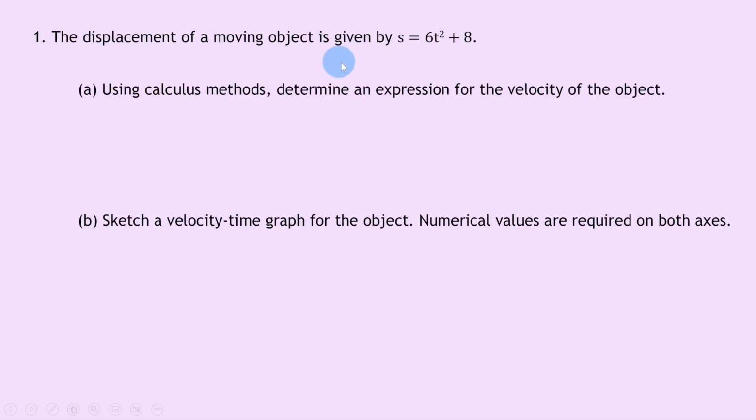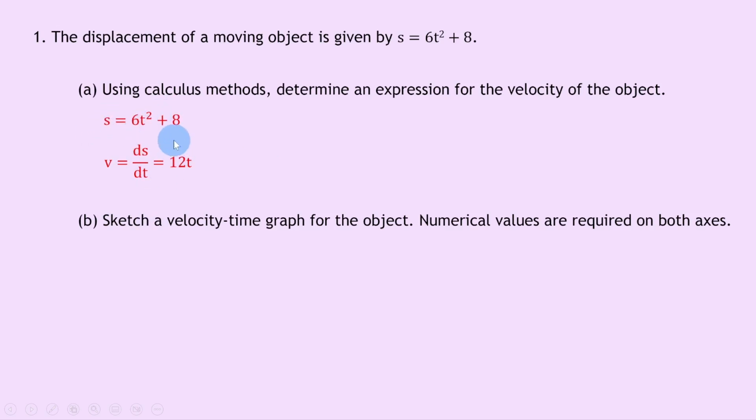So let's get started. Question 1 says the displacement of a moving object is given by s equals 6t squared plus 8. Part A says using calculus methods determine an expression for the velocity of the object. Well, starting with our displacement expression, that's s equals 6t squared plus 8. To find the velocity, we can use v equals ds by dt, i.e. velocity equals the rate of change of displacement, which remember just means differentiating the displacement s with respect to time